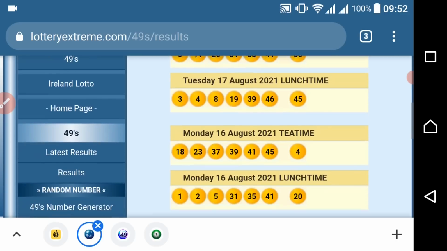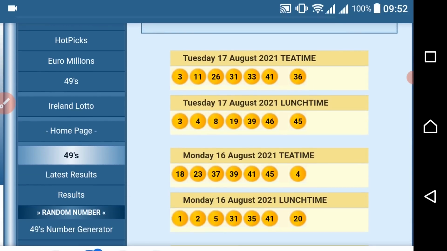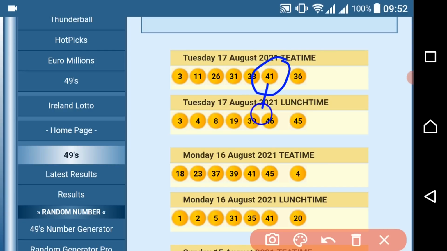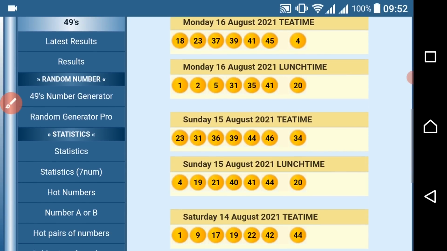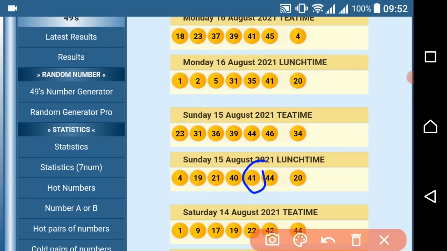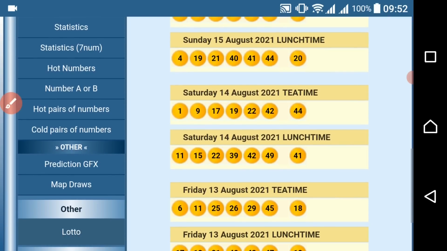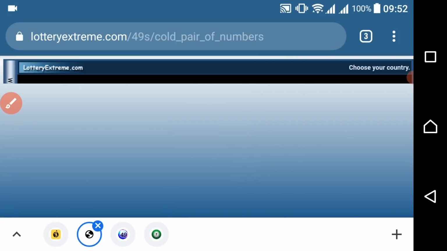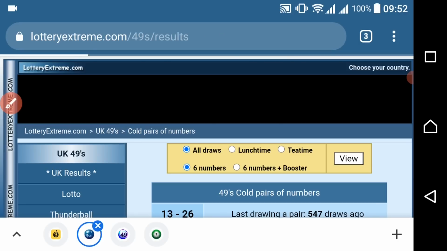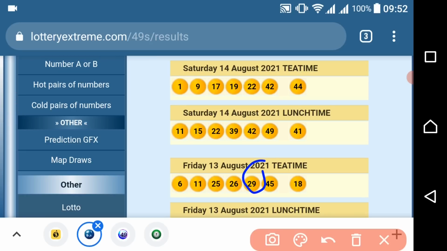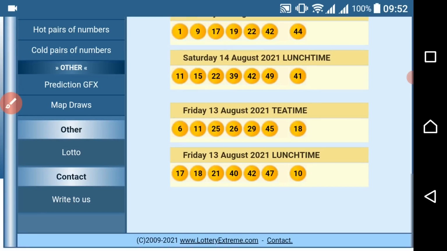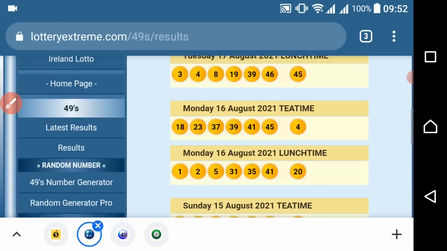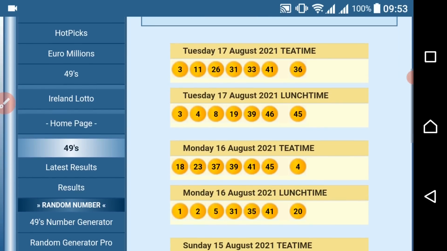So now we are here. I'm going to look at 41. There is 41, 41, 41. There is 41 again sitting there. Sorry, there is another 41. Let me go back. Okay, there is another 41. Here I'm just comparing the last 10 draws. This is the last 10 draws that you can see what 41 has done, right? Okay,